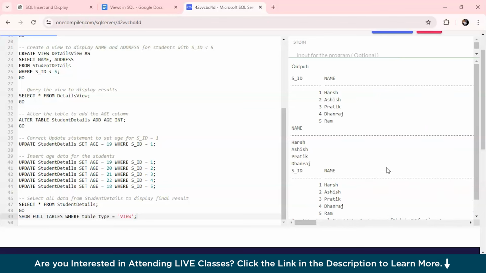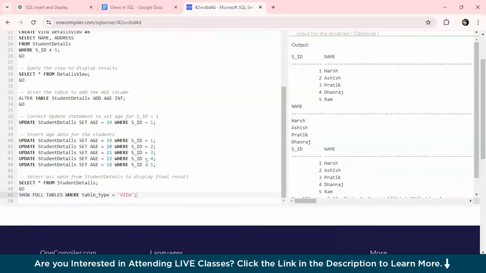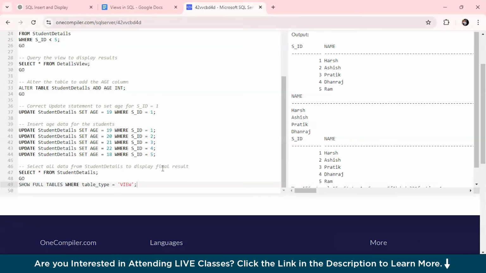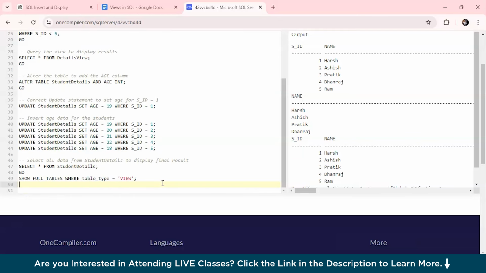Now let's move on to the main part, which is the types of views in SQL. Now let us first understand what is a simple view. So a simple view is created from a single table. It's straightforward and it doesn't involve complex logic like joins or subqueries. For example, to create a simple view, you simply have to write this command, which is create view student names as, and then select name from student